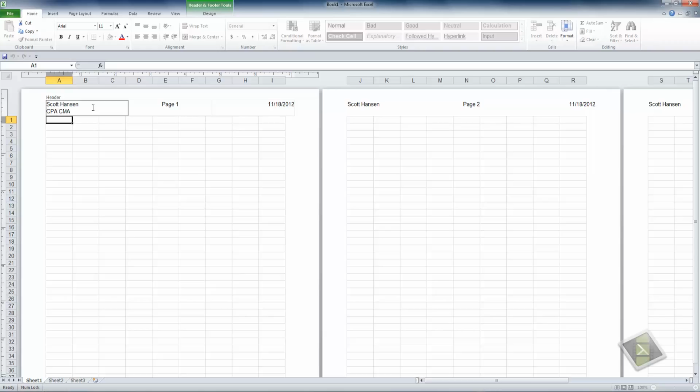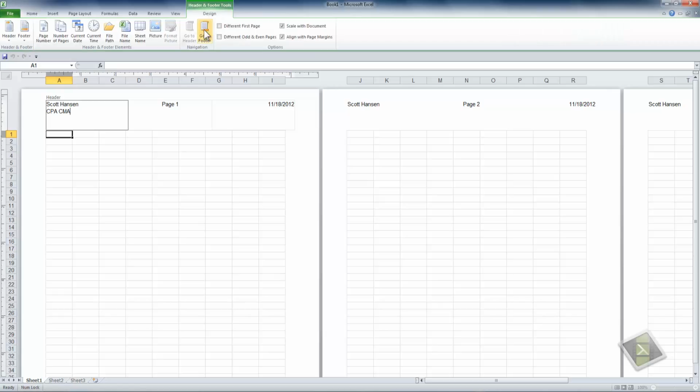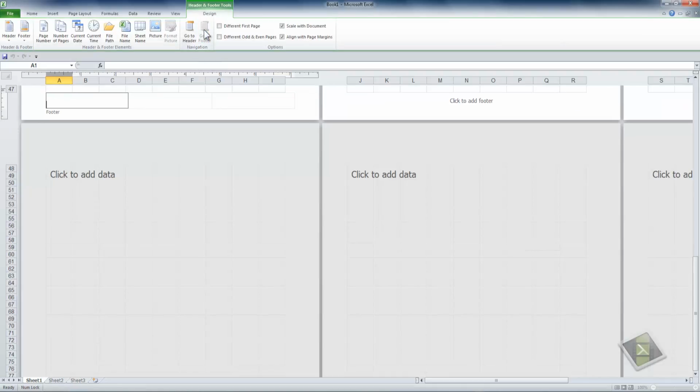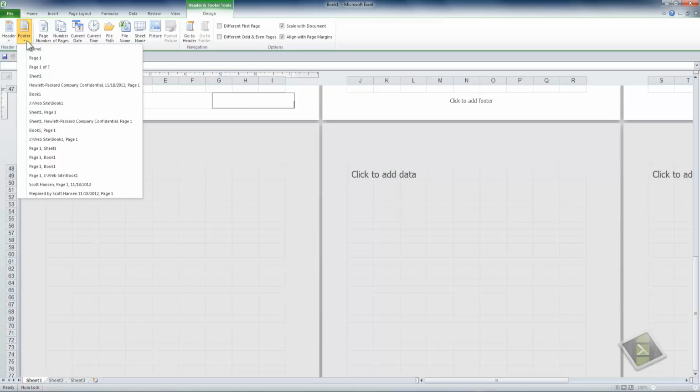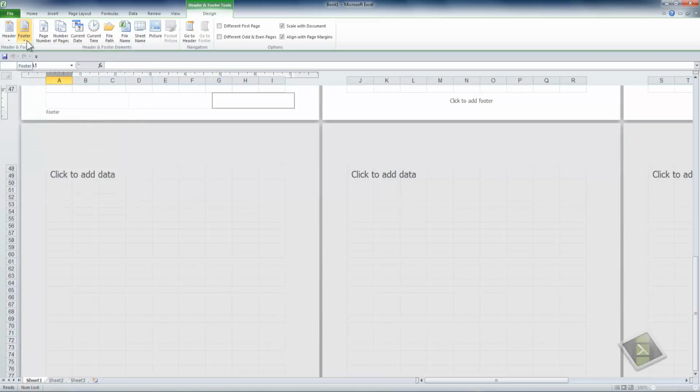If you need more space in your header, you can increase the space by left-clicking in the ruler and dragging down, where you can continue to type multiple lines in each of the zones in the header. The footer works the same way, by the way. The footer, and I'll left-click the Design tab, can be reached easily by left-clicking Go to Footer. There are 3 zones in the footer, and you can populate the footer in the same way that you populate the header, and you can also obviously type content in there as well. Going back up to the header,